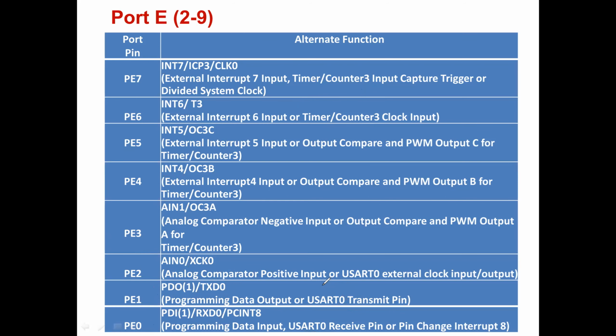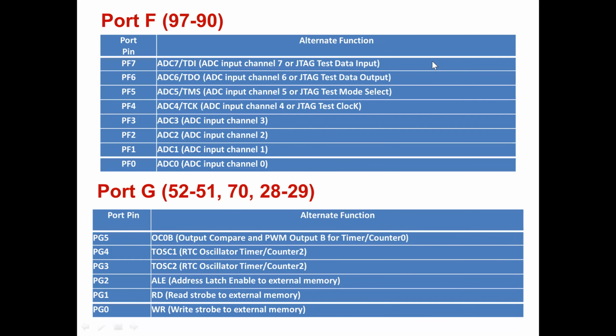So already we discussed UARTs. 4 UARTs are there. The 4 UARTs will be distributed across the pins, so you have to check out where it is. And the port F is all about ADC. You can interface some sensor here, and you can extract the sensor signal, and based on the algorithm, you can get the data of a particular sensor, analog sensors.